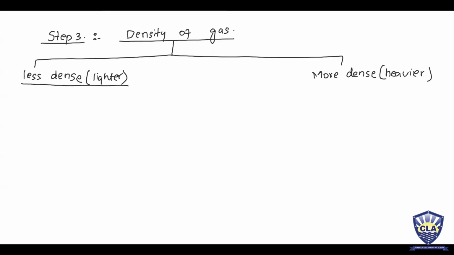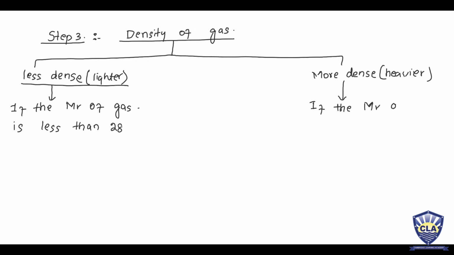Okay, if the MR of gas is less than 28, so it is lighter. And what is meant by the more dense? If the MR of gas